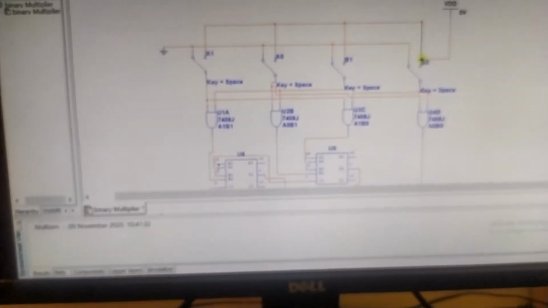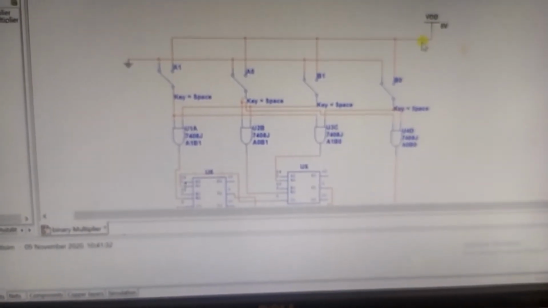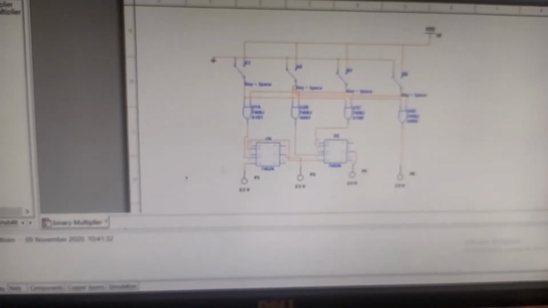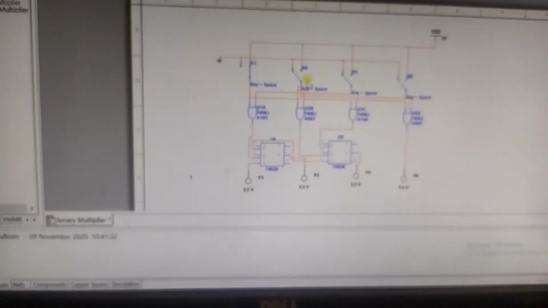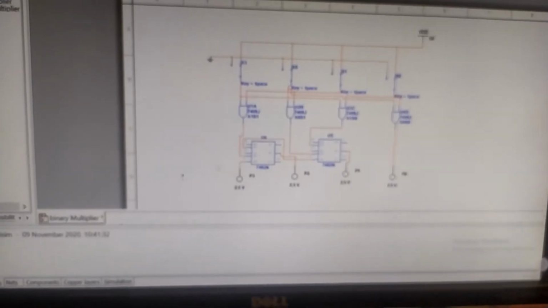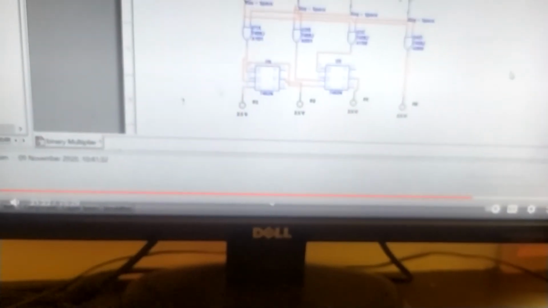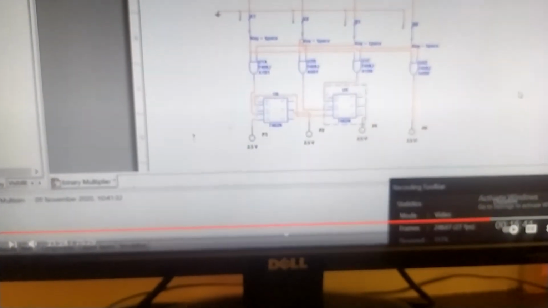Since you are taking only 2 bits, the maximum is 1 1 and the minimum is 0 0. If you multiply 1 1 with 1 1, that is 3 with 3, 3 threes are 9. So the maximum output you can get is 9.